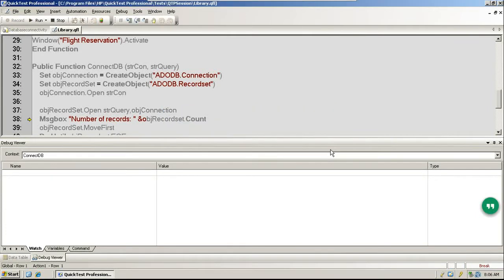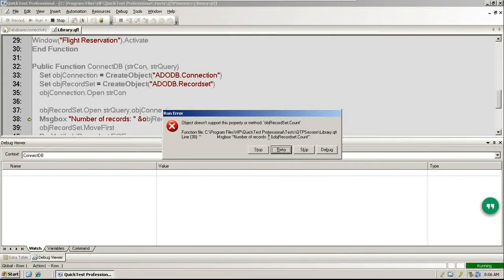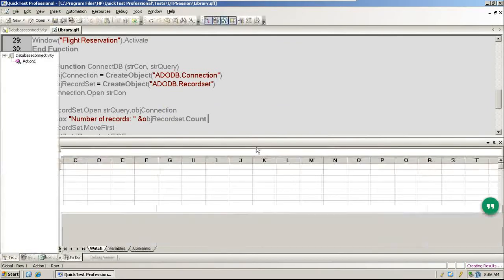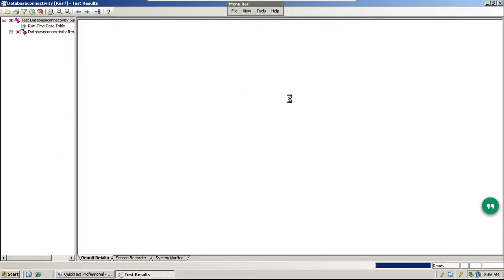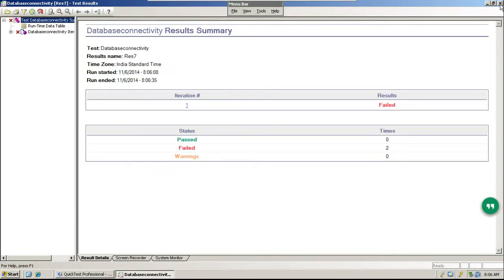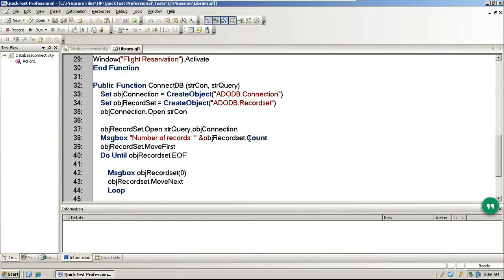Okay, let us debug why it is. Hold on. F11. Okay, record count is the one. That's correct, but it's fetching the wrong value.